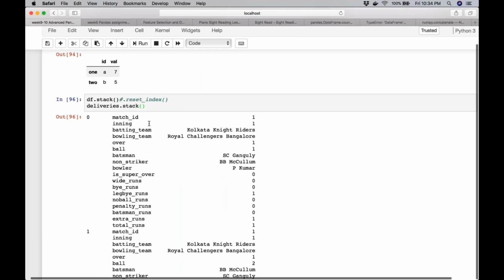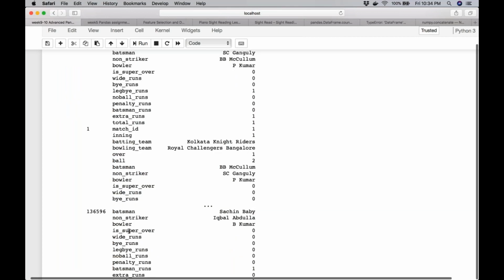Each and every row has got stacked, and your columns have become the level 1 index. So your original index is the level 0 index, the columns are the level 1 index, and then the corresponding value. So the match ID, inning, batting team, similarly match ID, inning, batting team, and so on.